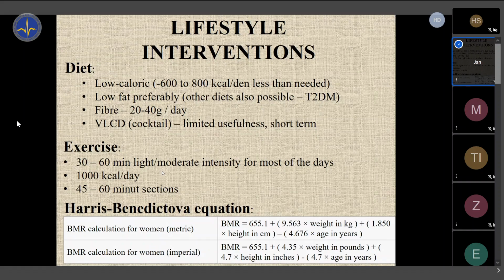That is light to moderate intensity, very generally defined. So it's typically walking, walking is the best. It's most physiological because everyone pretty much can walk, or maybe some bicycle ergometer training at home. We can also talk about other options like swimming or cycling, but these have some concerns, right? Swimming, they need to travel to a swimming pool. It takes a lot of time. Cycling on the road is probably not very safe for elderly, obese people. So there are some caveats, but at least we should remember it should be light to moderate intensity.